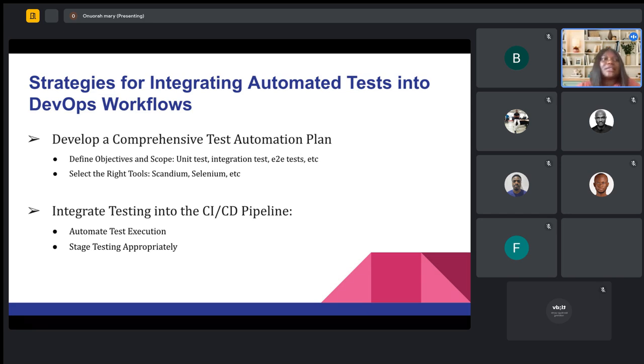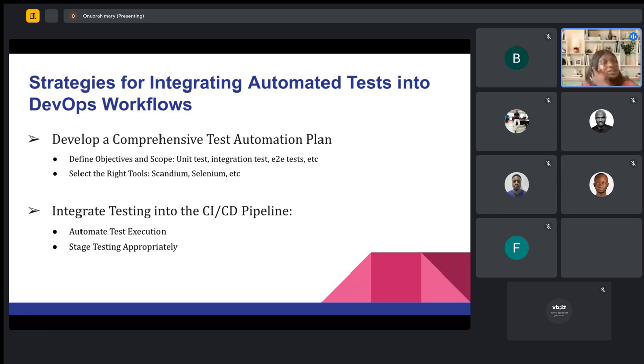If you're using, for instance, your company is using GitHub Action, then make sure that you have a GitHub Action set up for your automated test, such that once there is a push or once there's changes to your code base, the test is triggered, right, to run. So this is what I mean by automate your test execution phase. So you don't have to be there to execute your test manually. No, you have to automate your process, your execution phase.